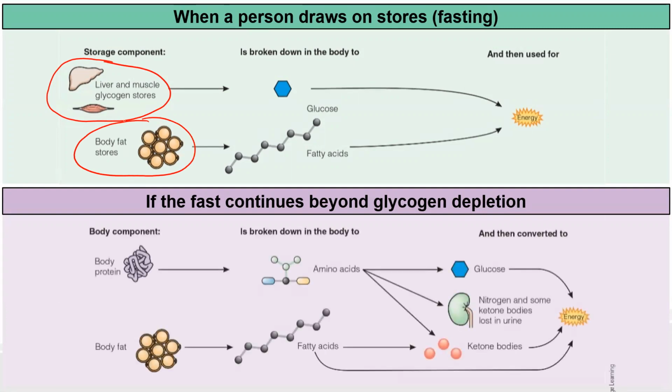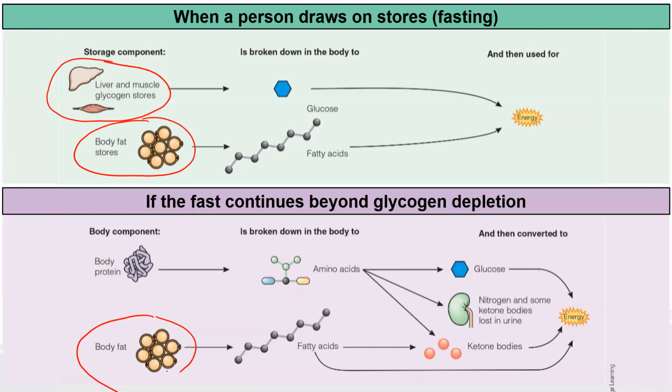Now, here's the thing, right? We have only a few hours worth of glycogen in our body. And if you're doing vigorous exercise, you're going to deplete it a lot quicker, right? So I think, again, it's 4 to 6 hours or something like that, of glycogen. And what happens when we start to deplete it? Well, most of us have a little extra fat, okay? And that's not a problem. And we can use the fat to make energy. But here's the thing, right?